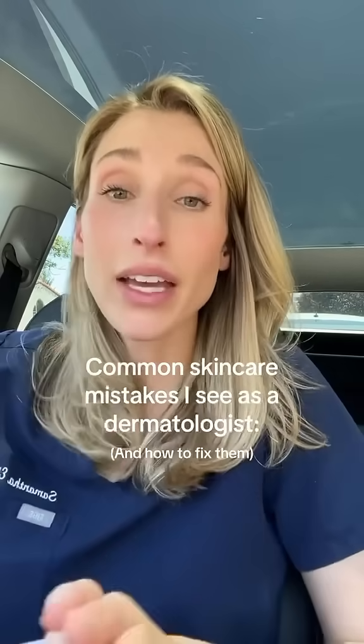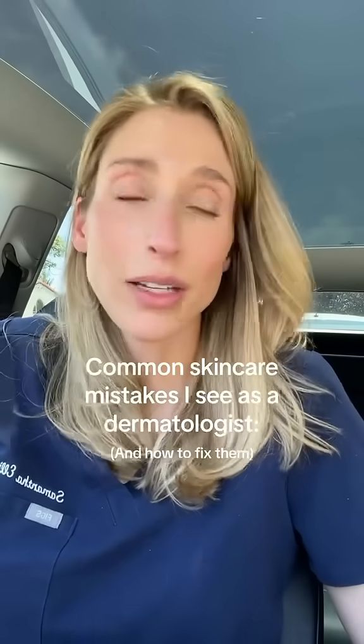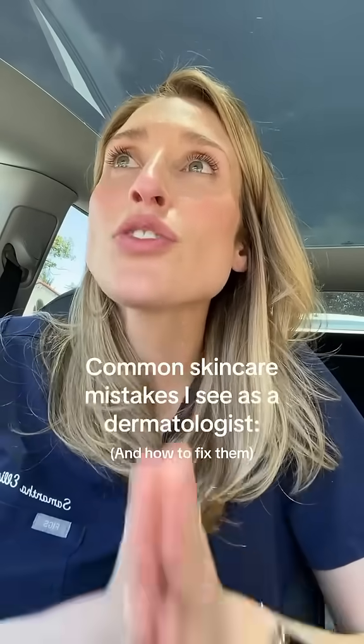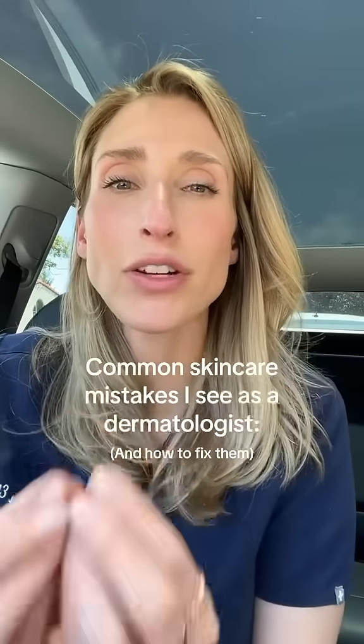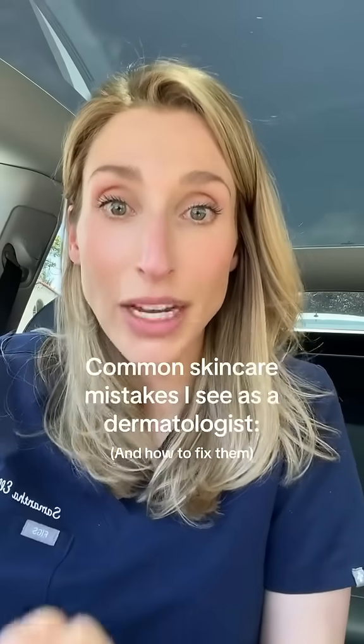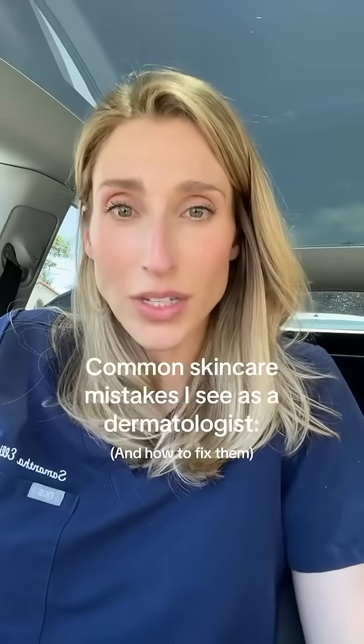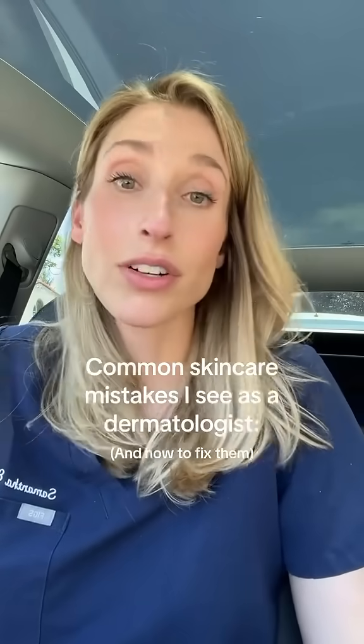But pick a lane. Of course, there are certain skincare products or ingredients that can multitask, like retinoids, for example, but it is so helpful if you pick the thing that matters the most to you, like your breakouts, and you focus your routine on getting your breakouts under control first. Then once your acne is under control, we can start tweaking the routine to address those secondary concerns like pigmentation